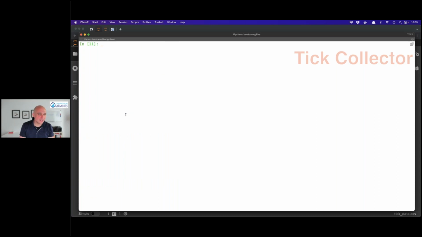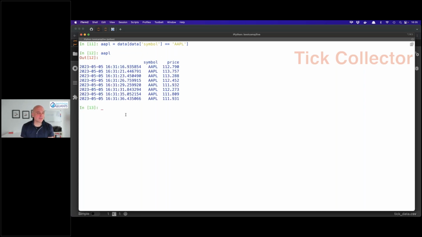We have here tick data, but I go now with AAPL, and I take just from data the symbol, maybe we don't have that many here, AAPL. So now I have just my AAPL data. I have a few tick data points, that's fine. What I want to do now is a resampling to 5 seconds. AAPL,